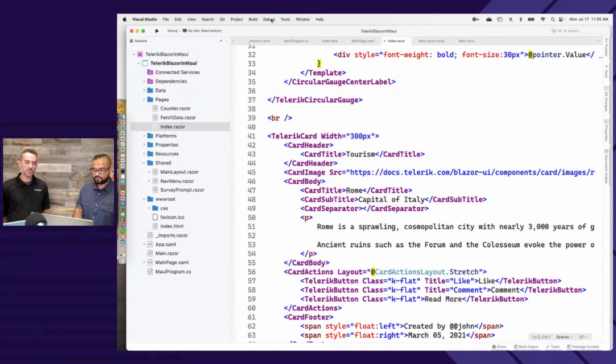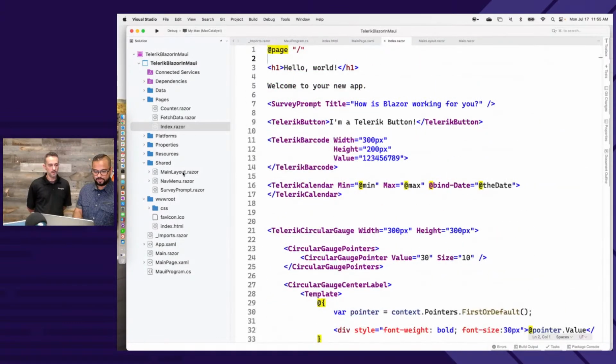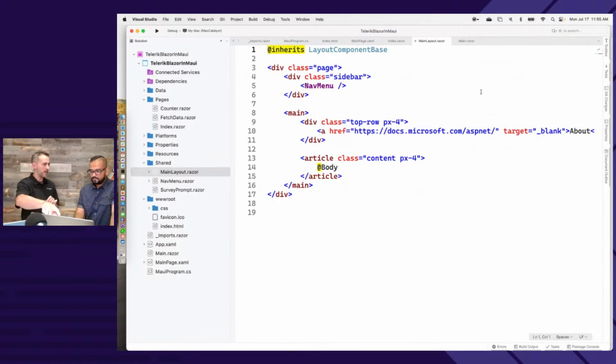Now, I did spot a bug. So if you could go back to your MainLayout.razor. Yeah. When you installed the Telerik UI for Blazor, you missed one step. Okay. So in your main layout, you need to wrap a Telerik root component around the entire application. Oh, I see. So Telerik root component, you might not see an error right away, but there are components that use some statefulness in there.